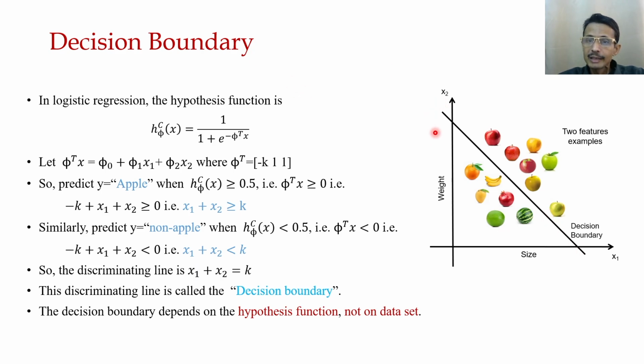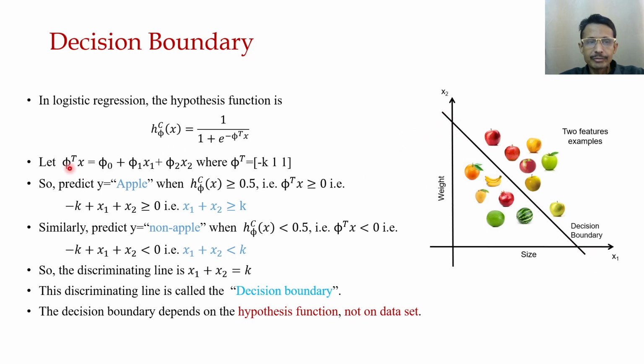Now, as you understand, this decision boundary is very essential in classification. Actually, we want to find this decision boundary given these training examples. Here you can see a very simple problem, because apples and non-apples are given in such a way that they are linearly separable. So we put a straight line very easily by just grouping them out. Okay, now let's take an example to understand how we get this line.